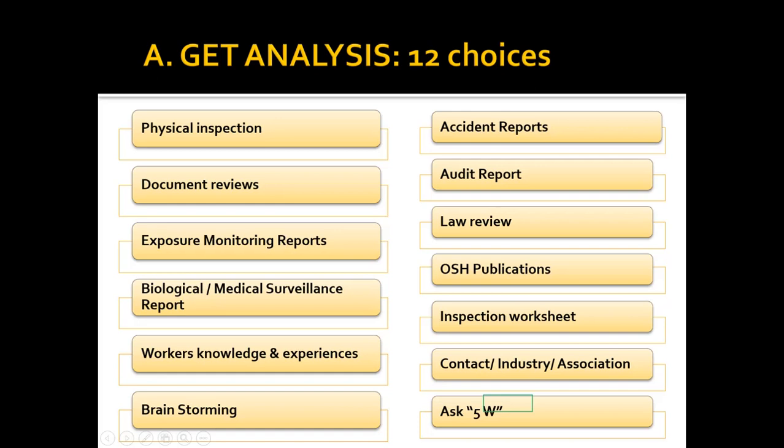Number one is physical inspection, document reviews, exposure monitoring report, biological or medical surveillance report, workers' knowledge and experiences, brainstorming, accident report, audit report, law review, OSH publication, inspection worksheet, contact industry association, and ask 5W.